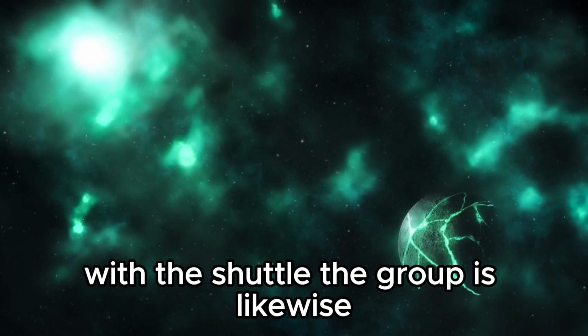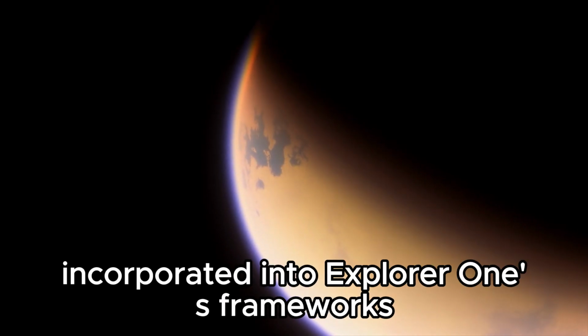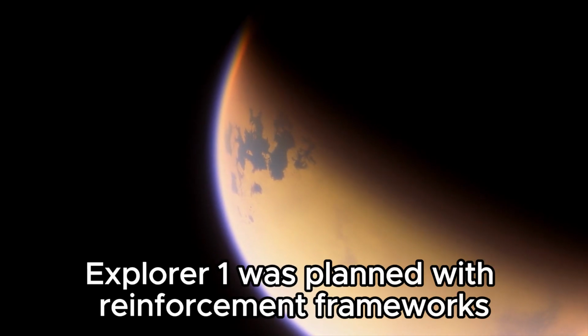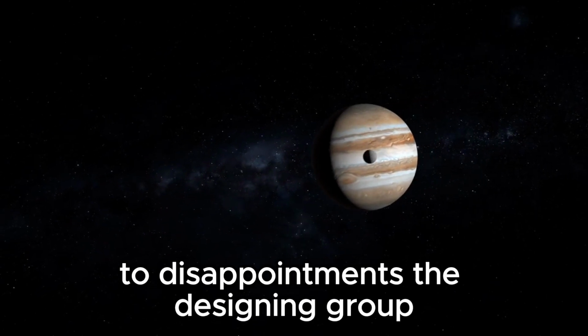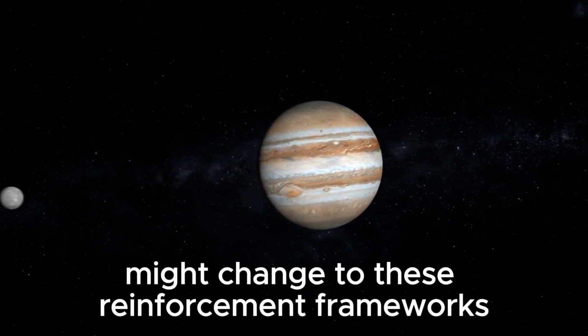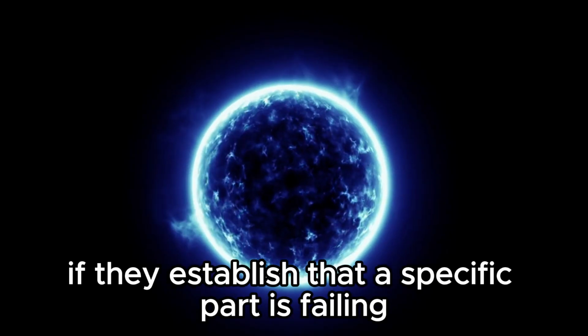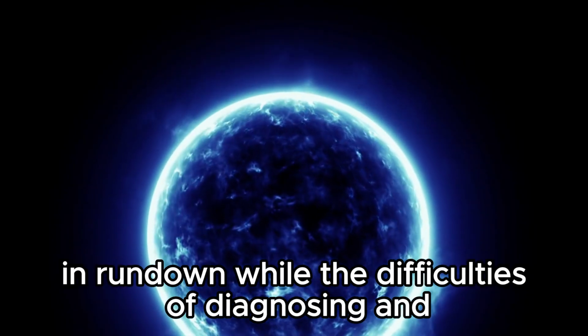The group is likewise utilizing the overt repetitiveness incorporated into Explorer 1's frameworks. Like many space missions, Explorer 1 was planned with reinforcement frameworks to upgrade its versatility to disappointments. The designing group might change to these reinforcement frameworks to re-establish customary tasks if they establish that a specific part is failing. In Rundown, while the difficulties of diagnosing and